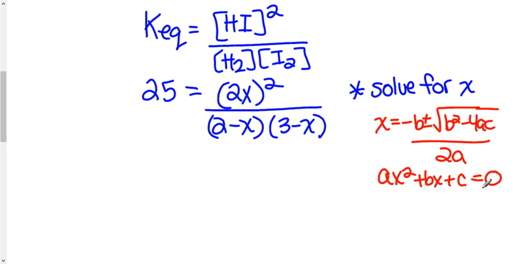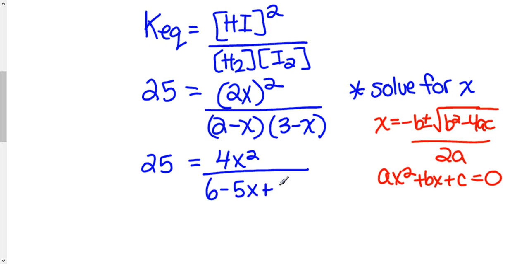Now that you've had a chance to try and solve for x, let's walk through a couple of the steps together. I'm not going to show every mathematical step, but I'll show a couple. So 2x, the whole thing squared, make sure you get 4x squared on the top. And when you expand through all of your brackets, you should get 6 minus 5x plus x squared. When you multiply through and group all like terms, you should get 21x squared minus 125x plus 150 is equal